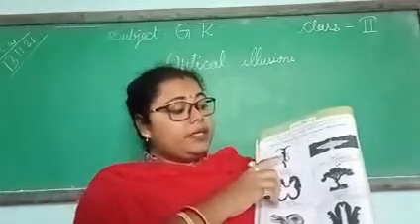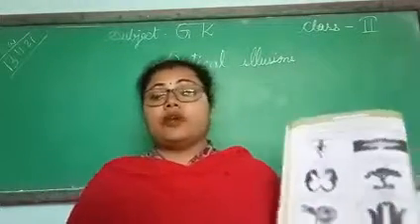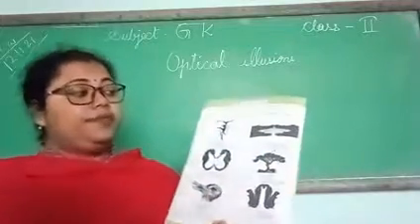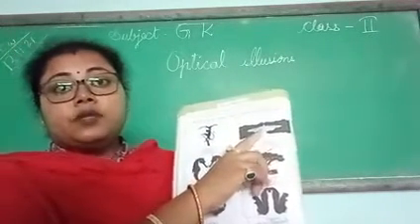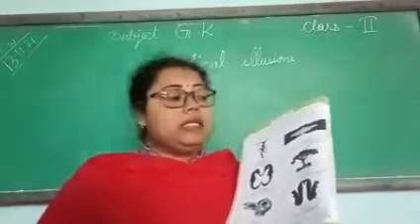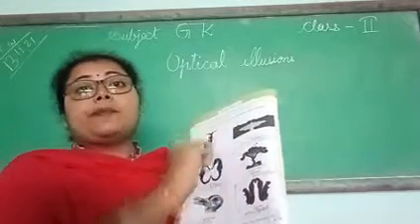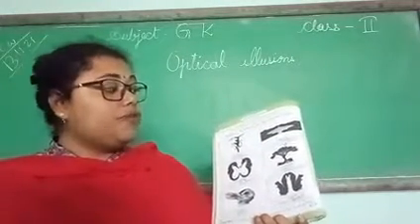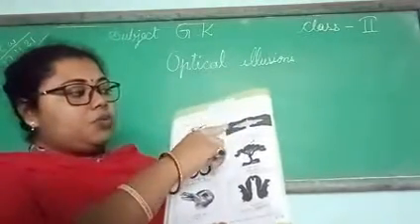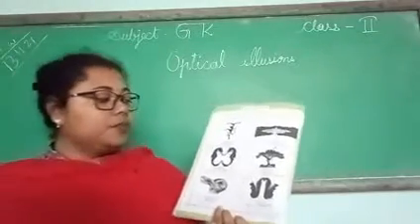And what is the next? If you see this black image, it is a monkey. You have to write here monkey. Next, see this white part. It is a picture of an eagle. What is written? Eagle. But now see the black part. This is a picture of two crocodiles. Not one. This side one, this side one. Two crocodiles. Okay. Next.